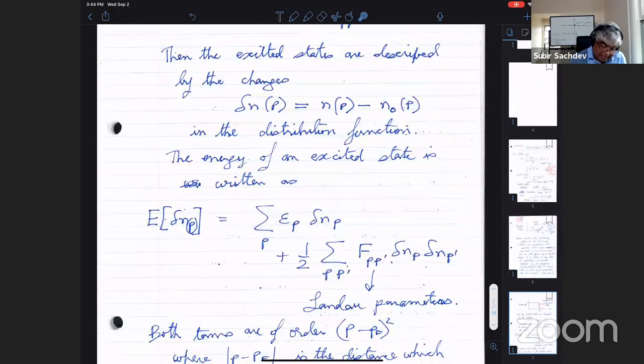So now our excitation energy is the sum of E_p times delta n of p. Notice there's no absolute value. So when you have a hole-like excitation, E_p will be negative and delta n of p will also be negative, so the product will be positive, as it has to be because you're talking about an excitation. And conversely, when E_p is positive and you're talking about a particle-like excitation, delta n of p is positive. So there it is, just a very simple bookkeeping device. Once you do the subtraction, all absolute values have disappeared. It just makes life a lot simpler.